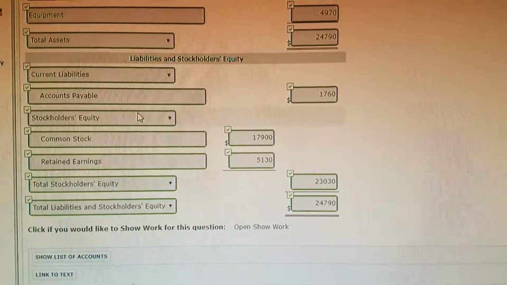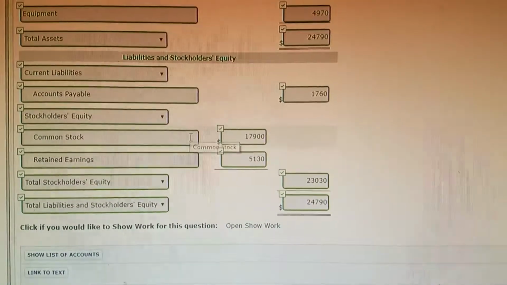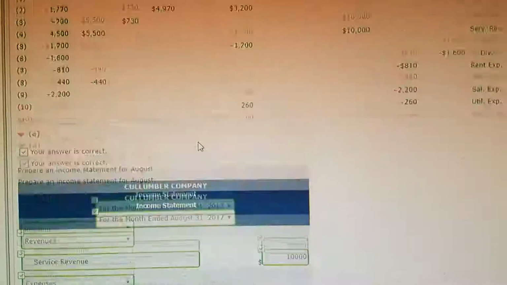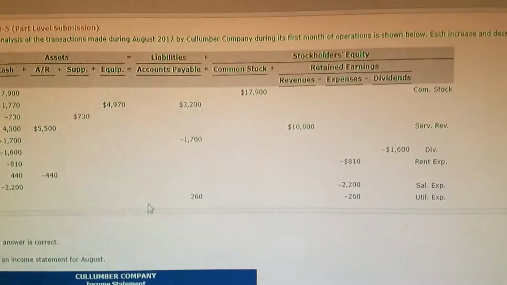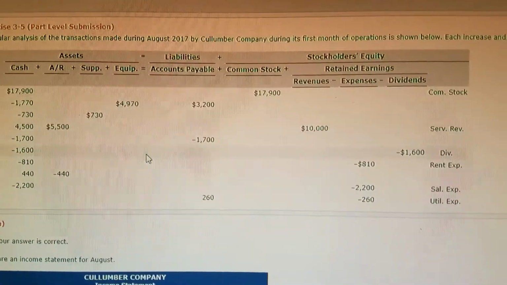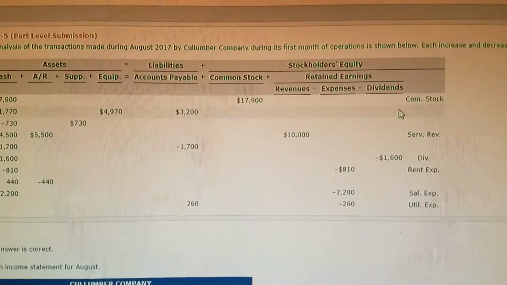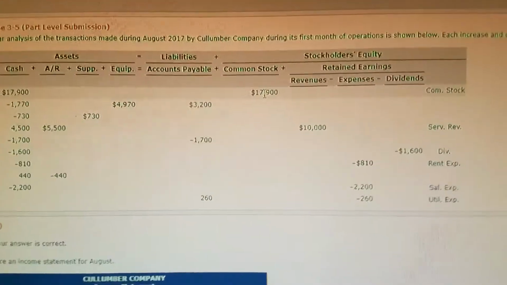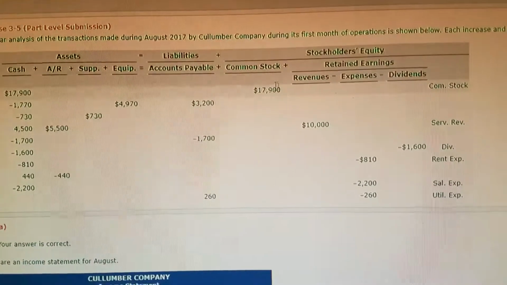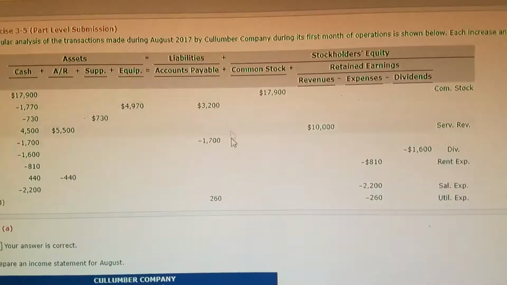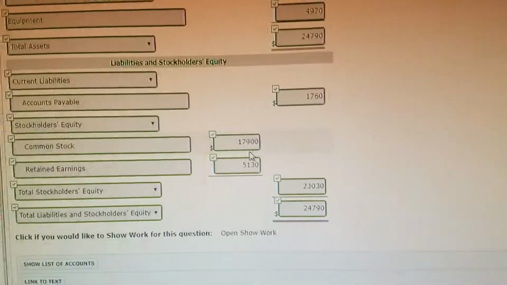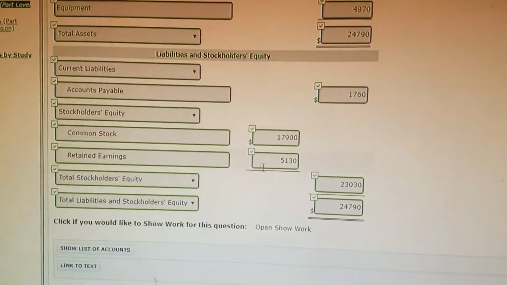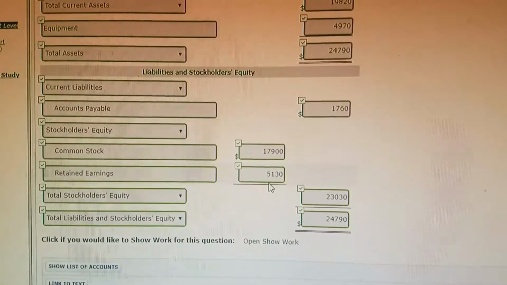Then we move to the stockholders' equity. We have common stock, which is given in the first part of the exercise. We have a common stock of 7,900 right here. So we move this information into our balance sheet,